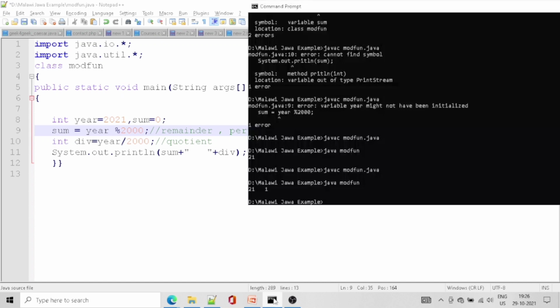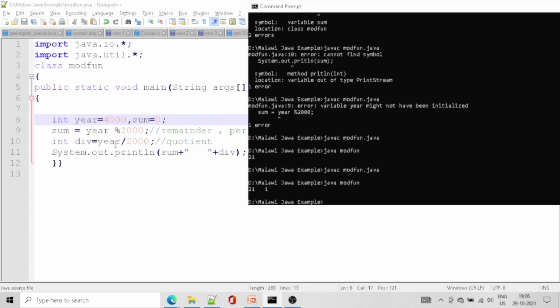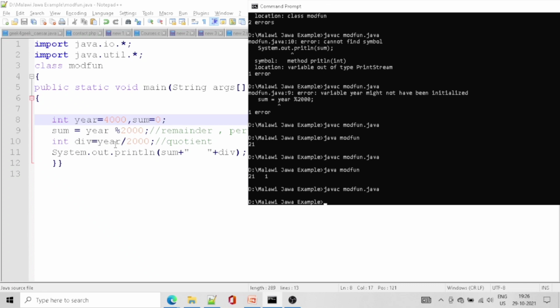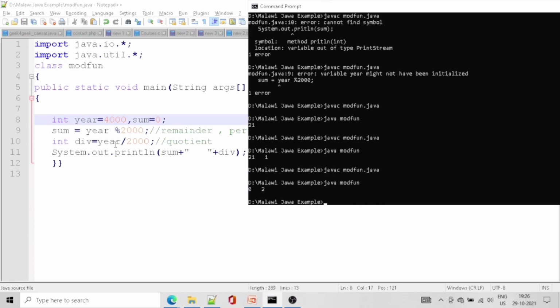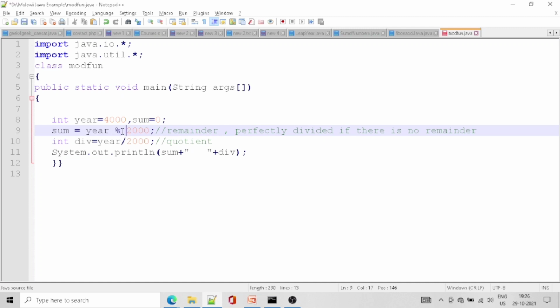Now we are dividing and doing percentage for the number 4000. We are compiling it and running it. 0 and 2, there is no remainder and the quotient is 2. This is the working methodology of the modulo or percentage symbol in Java, as well as C, everything is the same.